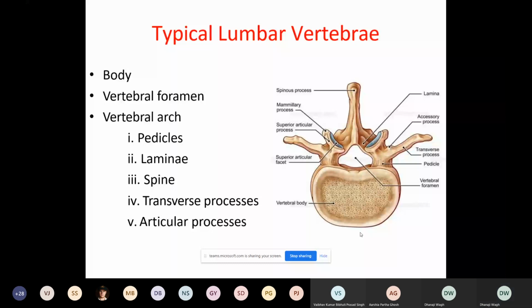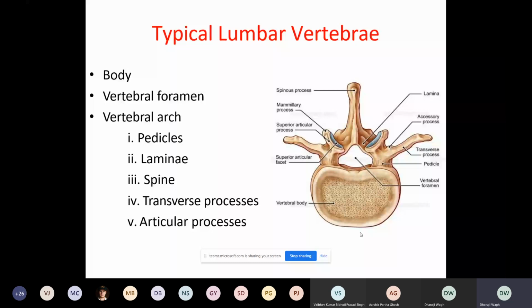Isn't it clear? See in this diagram, the inferior articular processes are nearer to each other. So what is the difference between the superior and inferior articular facets or processes? The superior articular processes are further apart than the inferior, and the inferior articular processes lie nearer to each other than the superior. Each process bears a convex facet facing laterally and forward.